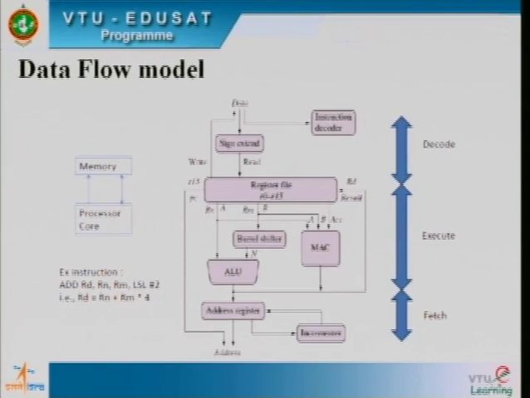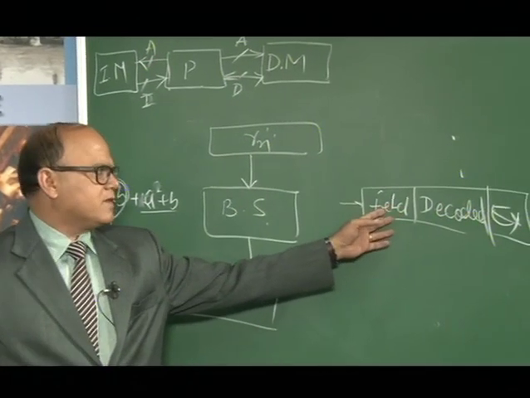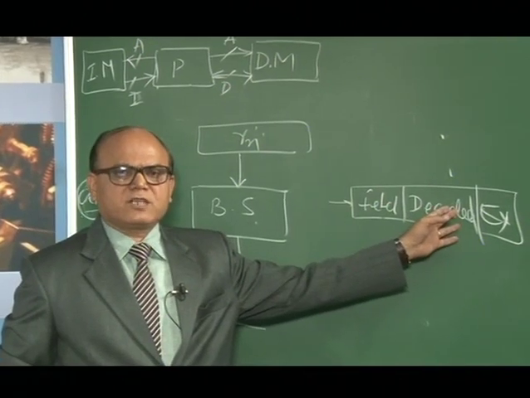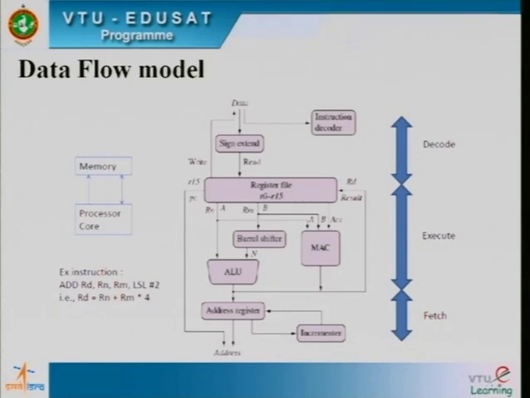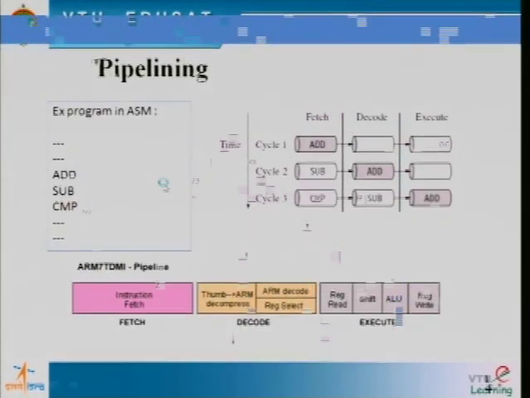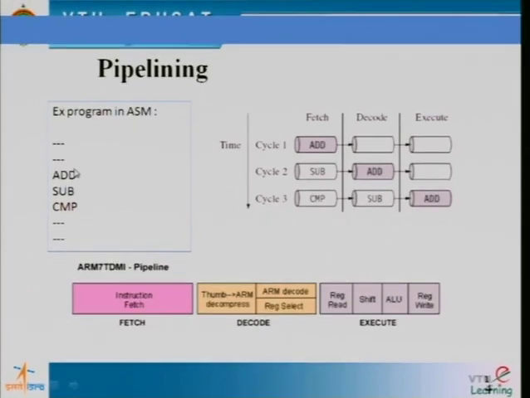First, the instruction is to be obtained from the memory, for which we perform the fetch operation. The instruction is to be decoded before actually executing it. Then at the final stage, I call it the execute. So this is the data flow model shown here, and what I have shown there is the instruction flow model. Using the second part, let me rewrite this clearly. We have the fetch,